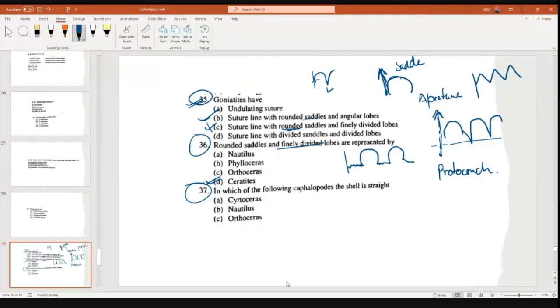Yes, it will be C, orthoceras. Okay, orthoceras, because this is the kind of form we have to see, the different kinds of cephalopod which are divided on the basis of the shape. Okay, so you can say nautilus is also, but the form that is straight, the particular straight one, is the orthoceras. So this will be C answer.